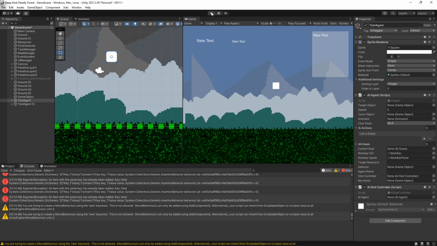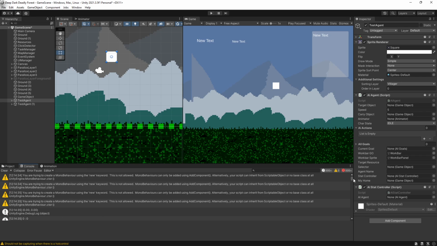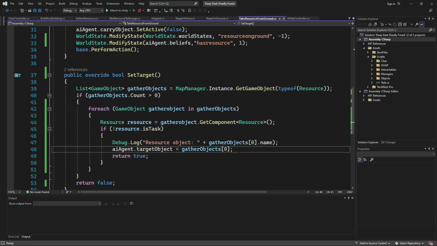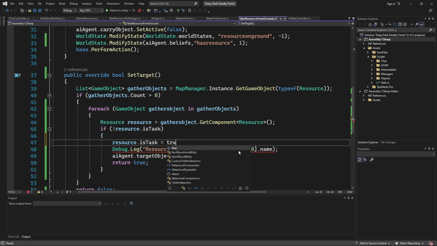No. Go back here, set target. If it's not, I need to say resource dot task, or is task is true.